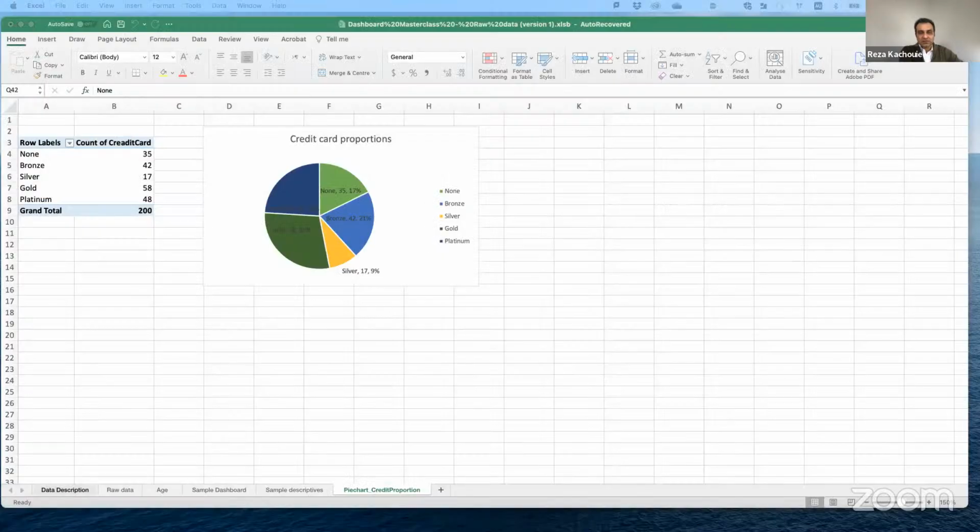Share my screen. You're sharing a screen and it is recording. So everything should be all right at the moment. So guys, can you see my screen correctly?